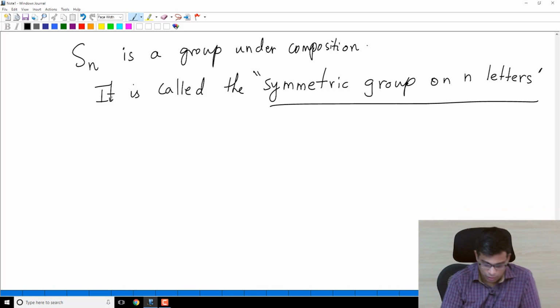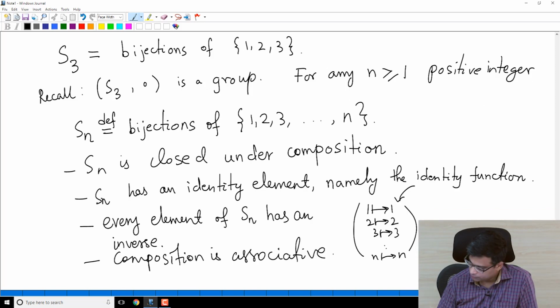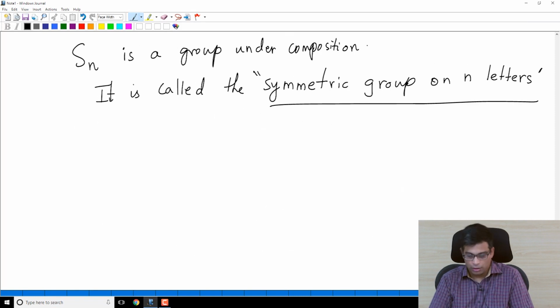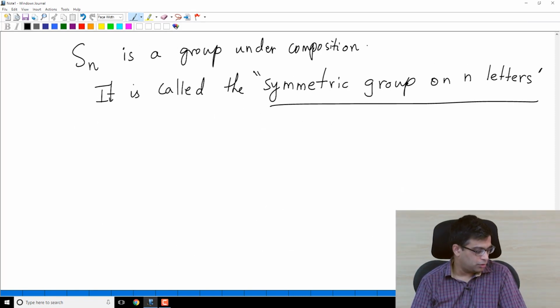Okay. So, one more example that I want to discuss. Just to recap a little bit, we have several examples of groups now. We have groups of numbers like Z, Q, R, C, positive rationals, non-zero rationals, positive reals, non-zero reals, non-zero complexes under either multiplication or addition. Similarly, we have symmetric groups. We studied S3 in the previous video in detail. Now, I defined Sn in general, that is a group. We also talked about the group of rotations of an equilateral triangle.